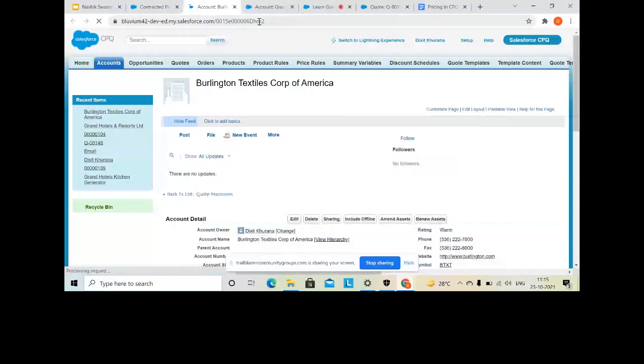Now this is my account, right, on which I'm going to set up the contracted price. You can see there is one contracted price already here, right?